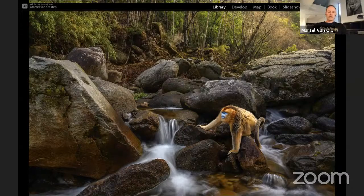I shot all those frames with a fairly fast shutter speed to be able to get everything in focus. And then when I was happy with what I got, I waited. I didn't touch the camera. I waited for the monkey to leave the frame. And when the frame was empty, I changed my settings to, I think, half a second and lowered the ISO very much while keeping everything the same. And I took a second shot, and that second shot I used for the water, because